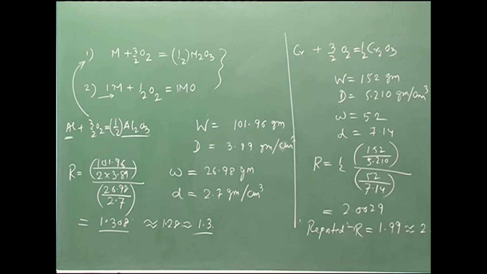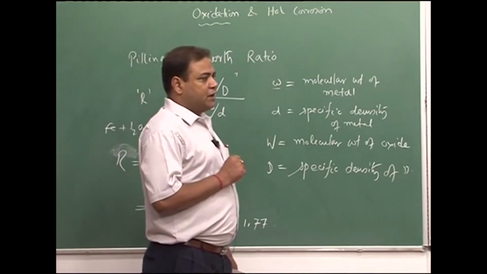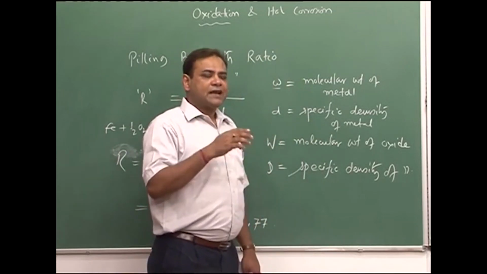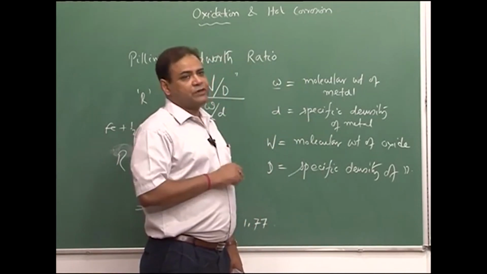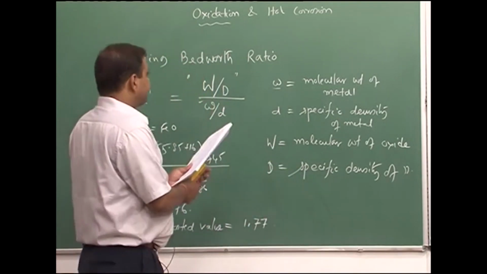For example, in case of vanadium, the V2O5, that is the oxide that forms, evaporates. So, when it evaporates, it cannot stay on the surface of the metal, and it cannot give any oxidation resistance. So, for the oxide to be protective,